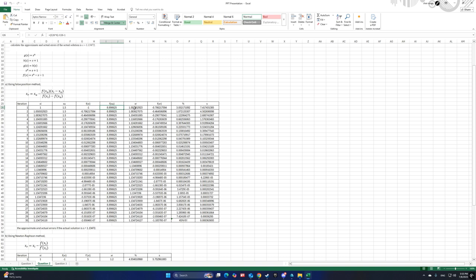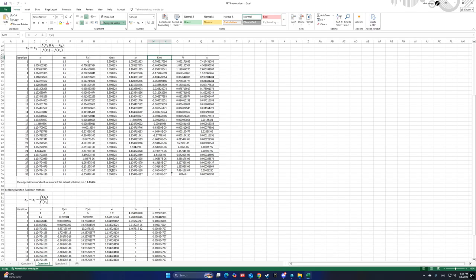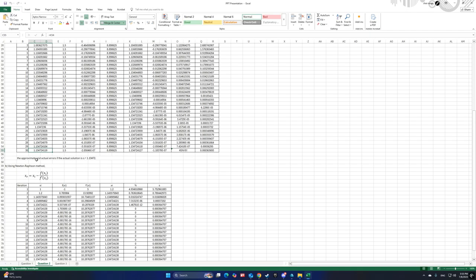Then we will obtain the xr. For the xr we will obtain it from this formula also. At the end we will get the actual value and the actual possible error for this one. So at the end we will get very close to 1.3472. If you check exactly, this answer is correct, since the possible and the accurate error is, as this solution shows, equal to